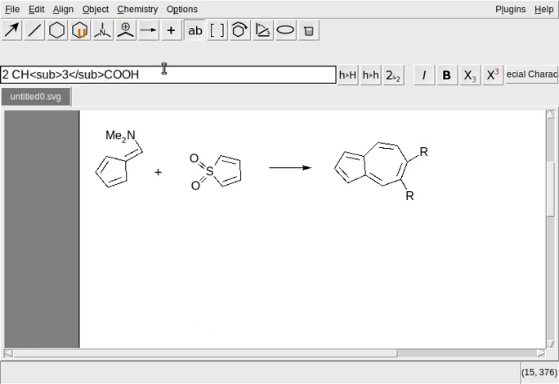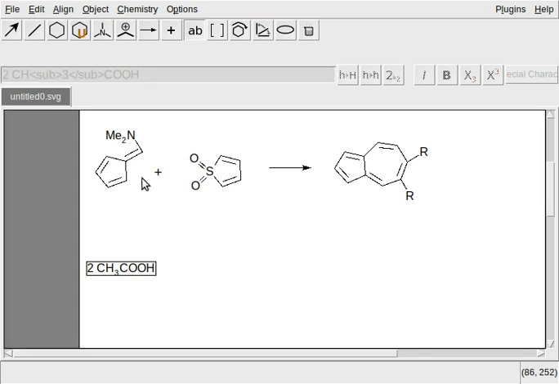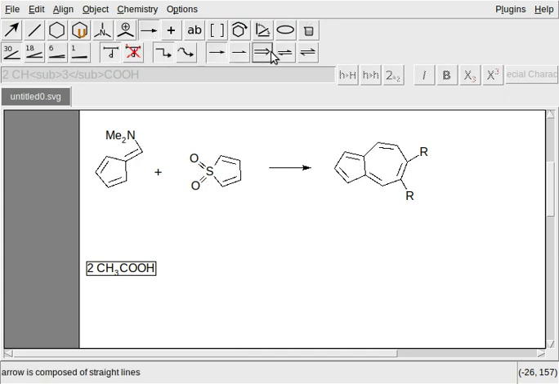It will be written as bracket sub 3 bracket end sub, so that will make it subscript. If we press enter, it will come into the particular position. This is okay, this is perfect. Then we need the equilibrium arrow sign. This will come from the arrow sign. When you click the arrow icon, different icons come up. So this is equilibrium and this is simple equilibrium. We can use the simple equilibrium, it looks slightly better. You can click it here. You can move it this way.